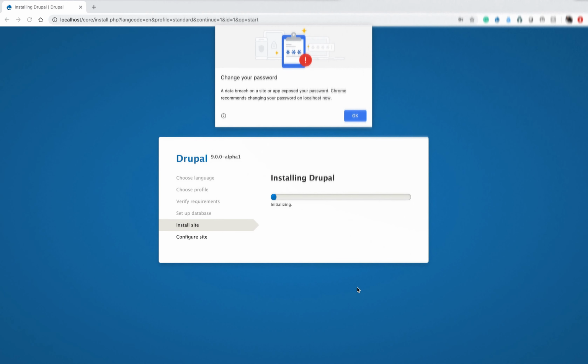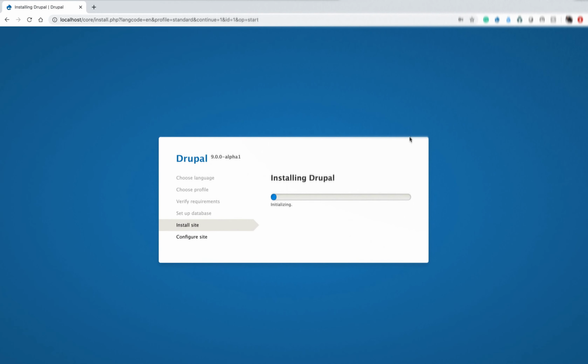Yeah. So you can see this installation process started in Drupal 9 Alpha 1. Yeah. So it's pretty cool, right? Now this whole Drupal 9 is getting installed right now. I'm also excited because Drupal 9 is about to come, so I want to have a look and feel of Drupal 9 also. This Drupal 9 is running on a Docker environment. So yeah, it's very easy.